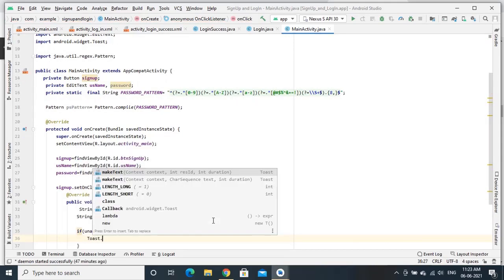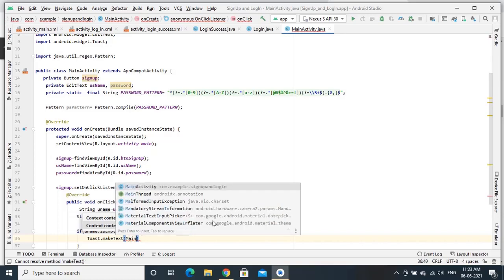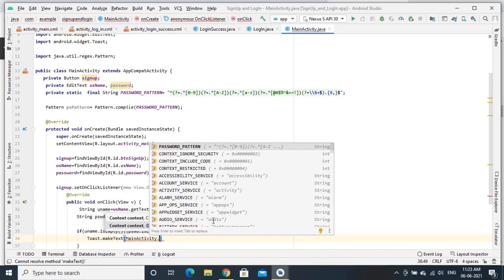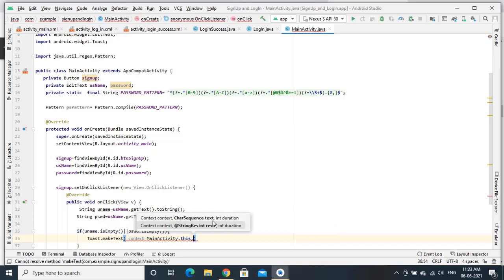toast dot make text. The context is main activity dot this, comma, then comes the text, username or password cannot be empty.